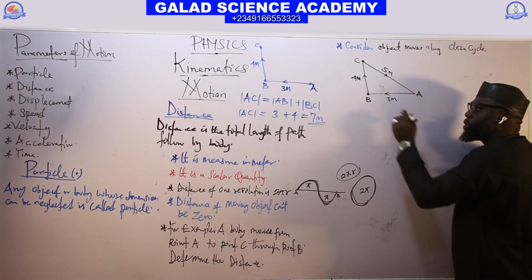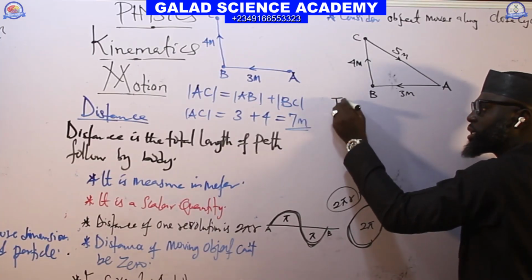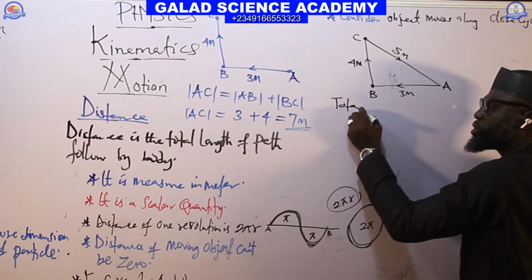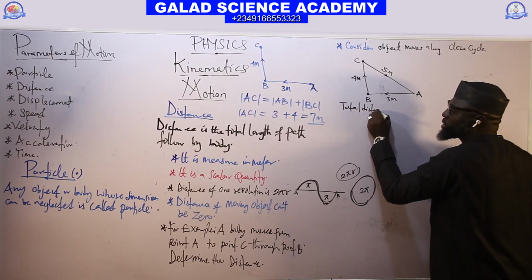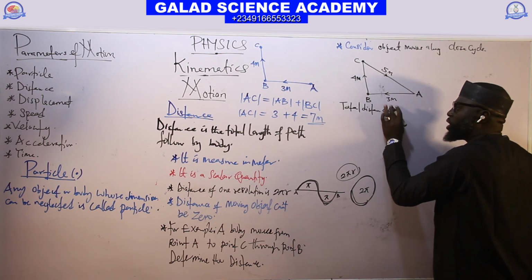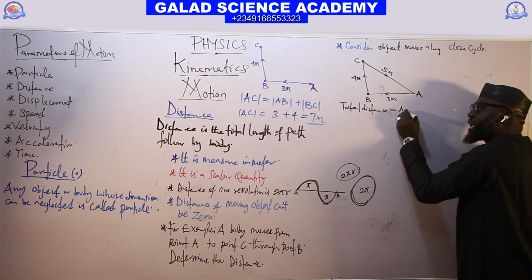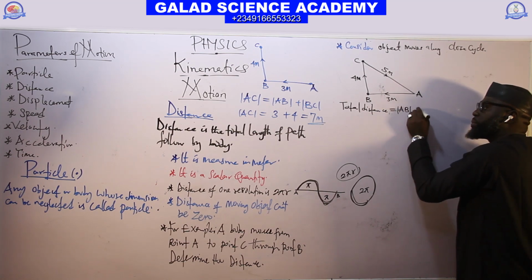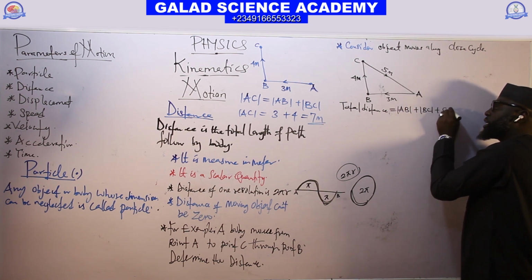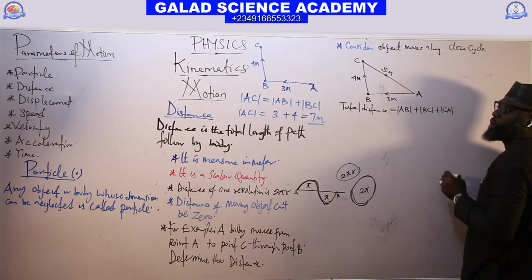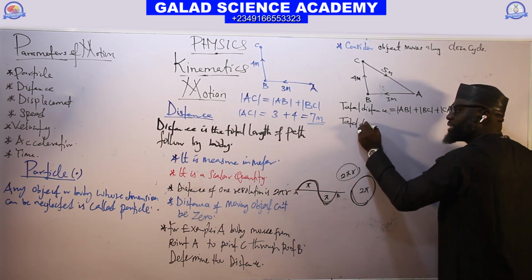You are now asked to find the distance. What will be the distance now? The total distance covered, which will be the distance of A to B plus B to C plus C to A. You now have our total distance